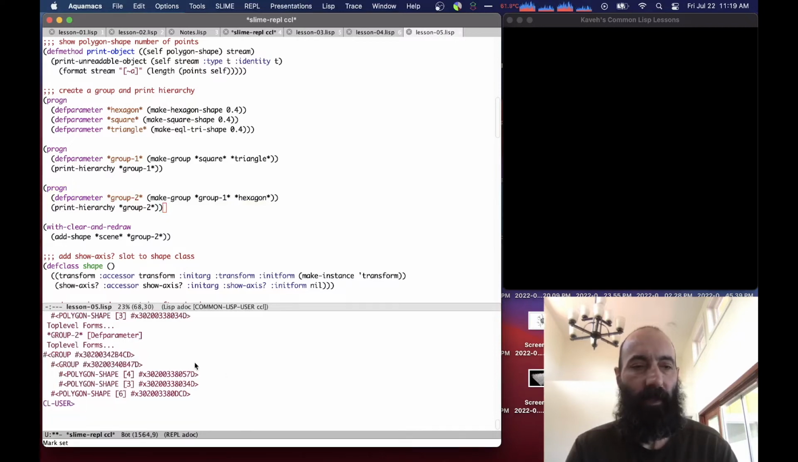And see what that looks like. So you have to kind of know that since group 2 is a top level group, group 2 contains group 1 and contains the hexagon, which has got 6 points. And then group 1 contains the square and the triangle. So it's not the most obvious thing, but it's enough for our diagnostic purposes to understand what the structure of our groups is. And now we can add group 2